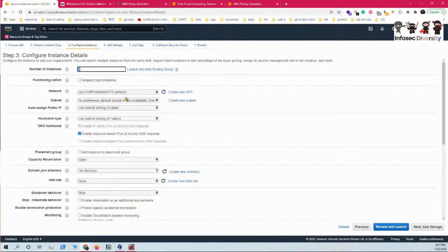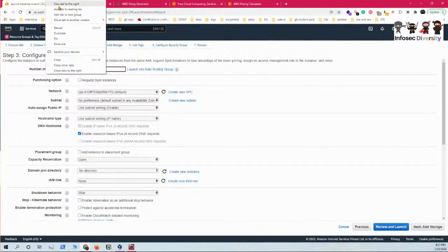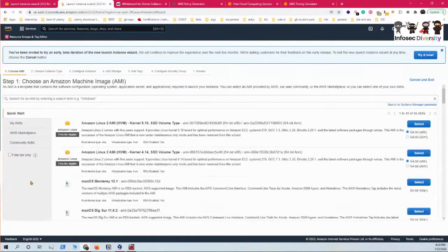Then there are VPCs that you can configure, then subnets. You can also assign a public IP. Public IP is a concept again. If I can duplicate this one, so we have got